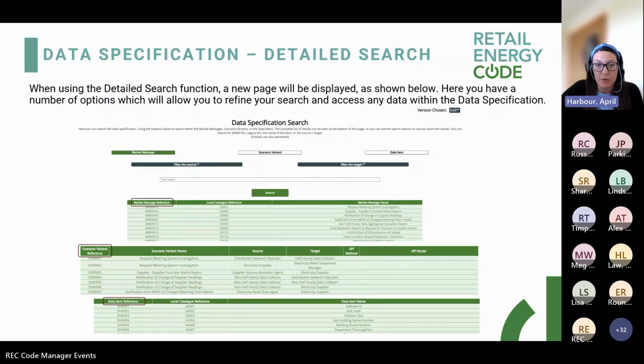The first image that you get on your screen in the white, where you can see data specification search, shows the options for market message, scenario variant, and data items. This is essentially the home page that pops up. And again, much like we saw before, the chosen darker green option is your chosen selection. Depending on which one you have chosen, you'll be provided with a full list of those associated market messages, scenario variants, or data items. And they cover everything as we suggested before, so the REC items and all the other aspects that were previously